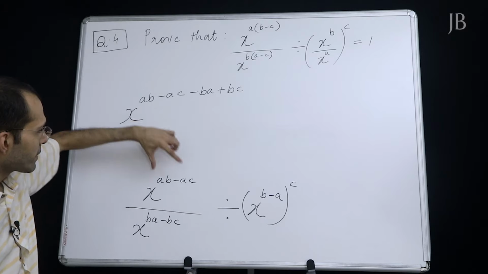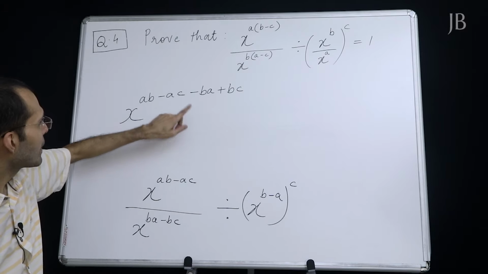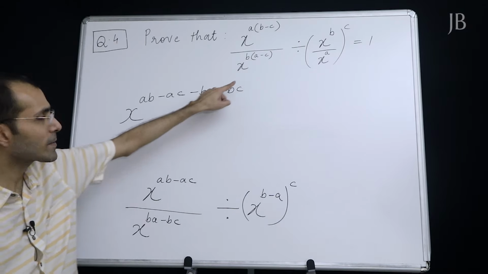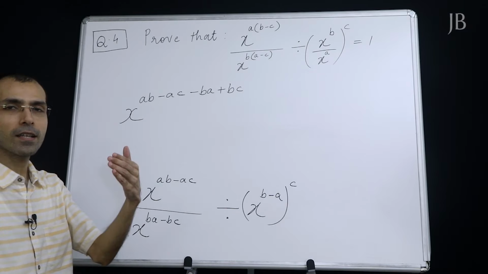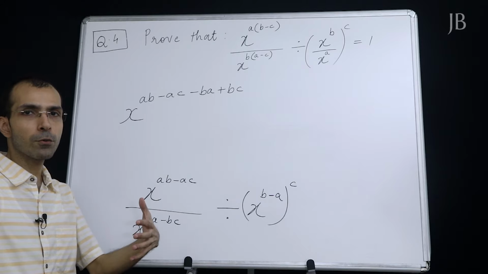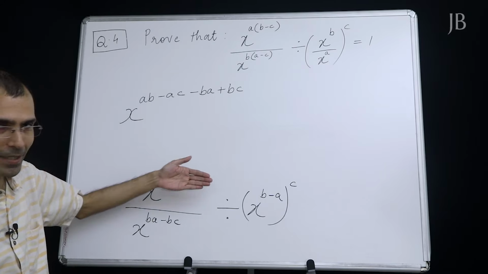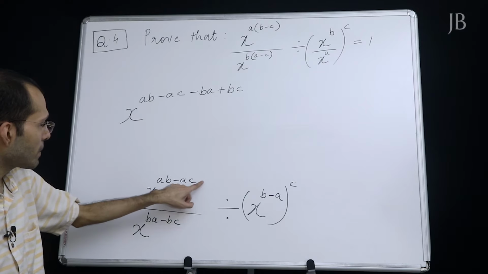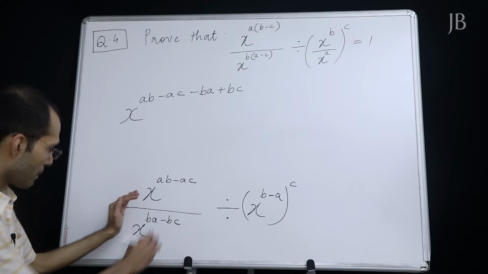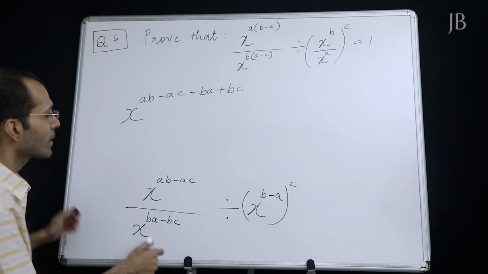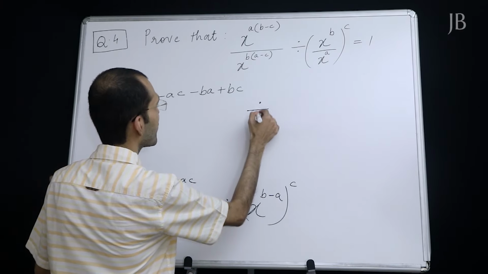So, AB minus AC, this is the original, this is like M minus N. So, it is minus BA plus BC, because the law is what? A raised to M upon A raised to N is A raised to M minus N. The two powers will get subtracted. So, it is AB minus AC minus this thing. So, that is minus BA plus BC divided by